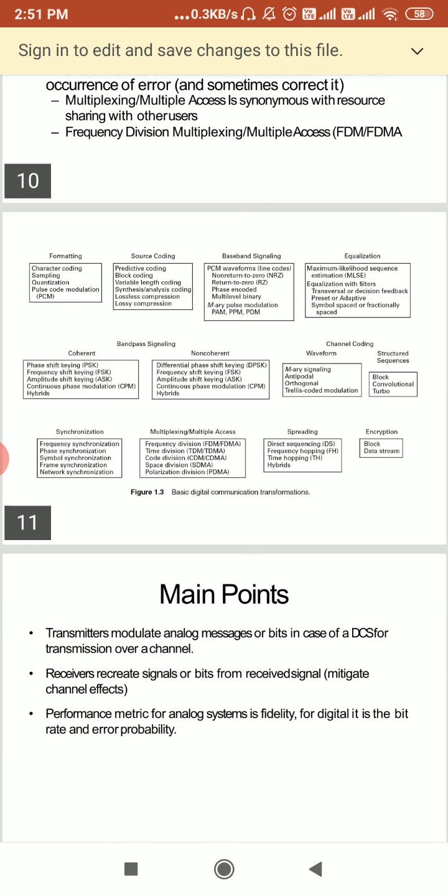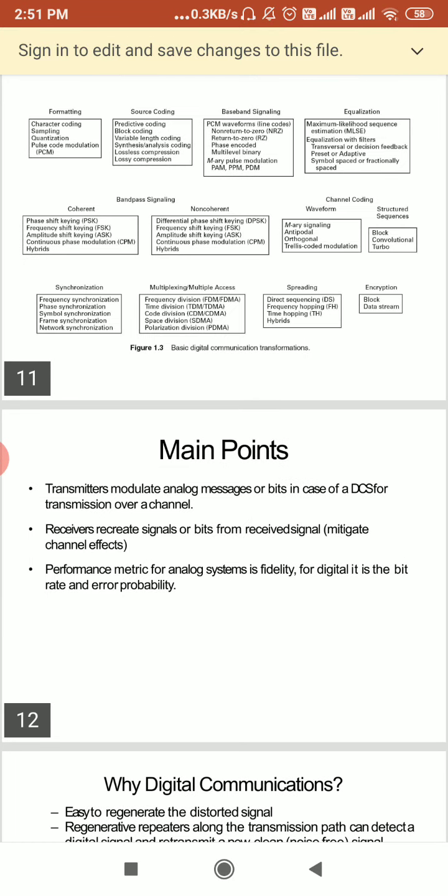When we are supposed to study the block diagram of a digital communication system, it consists of formatting, source coding, encrypting, channel coding, multiplexing, pulse modulator, and bandpass filter. All these things are at the transmitter. The same things work in reverse at the receiver side. It means we also require formatting, source decoding, decrypting, channel decoding, demultiplexing, detector, and demodulator at the receiver side.